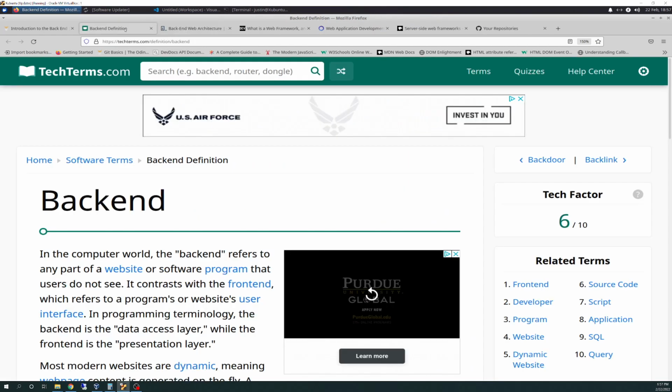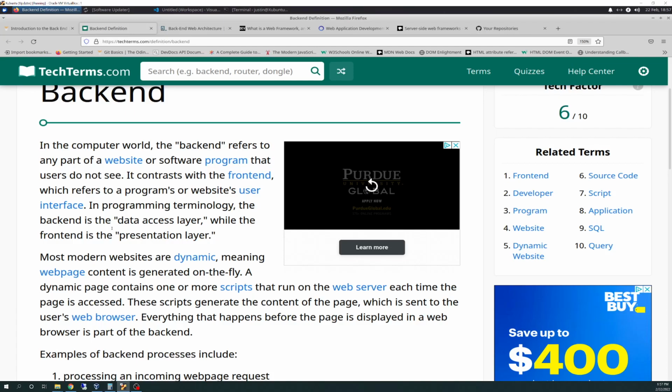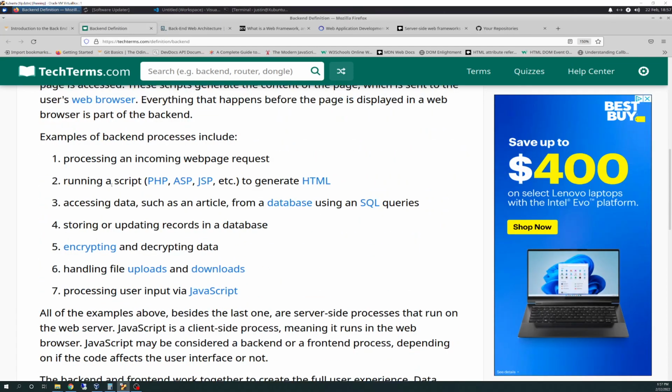And they have another article they throw at you from another site that talks about backend running scripts like PHP, ASP, JSP, generating HTML.